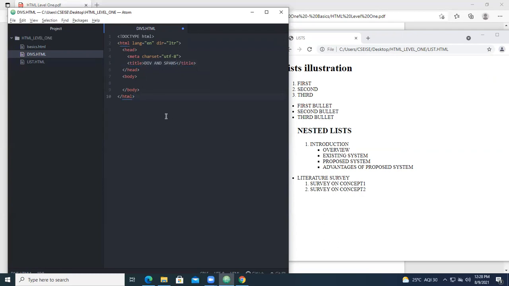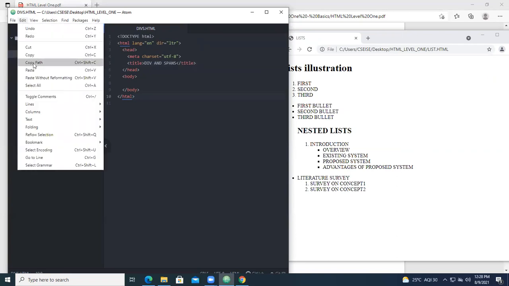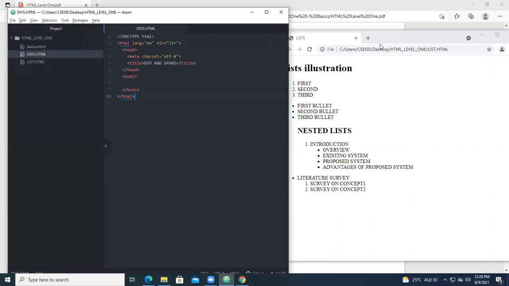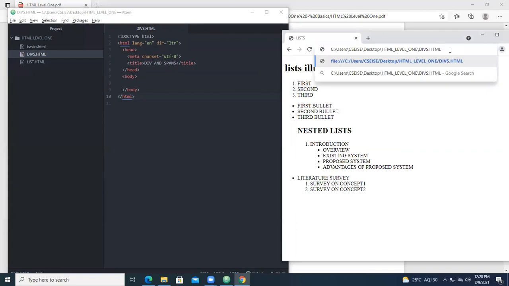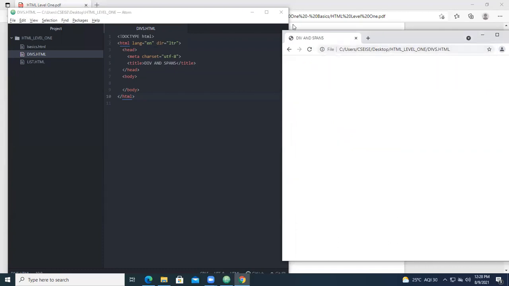When you give divs and spans, press Ctrl S and run that particular program. Go for edit, copy path. Under this, you give Ctrl V and press enter. So you are getting nothing in the body content because nothing you have put. Just you have put the title, divs and spans.